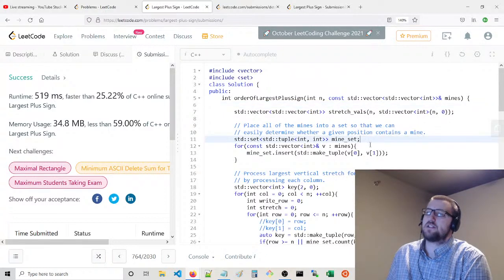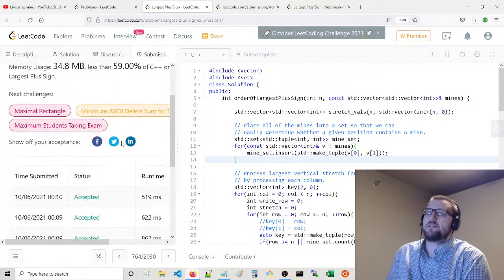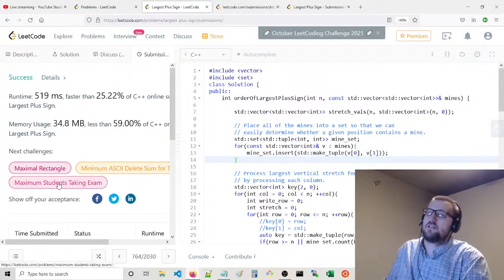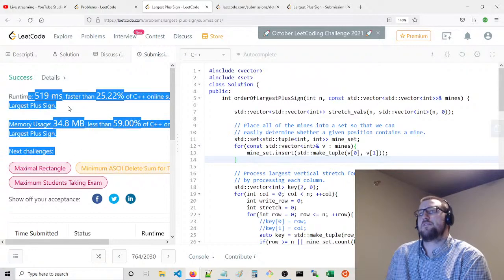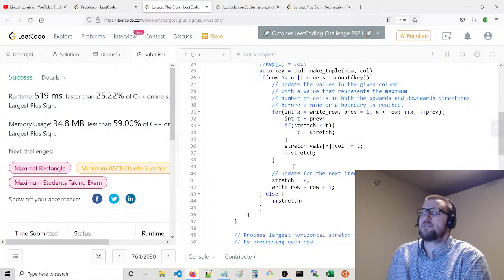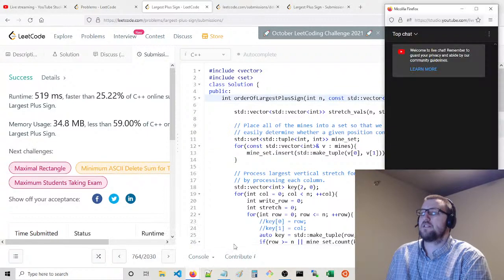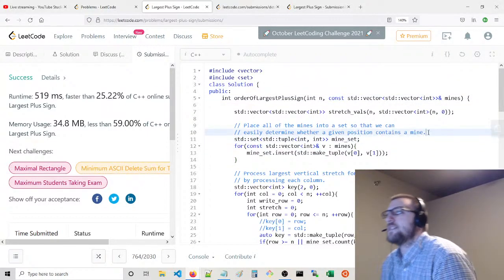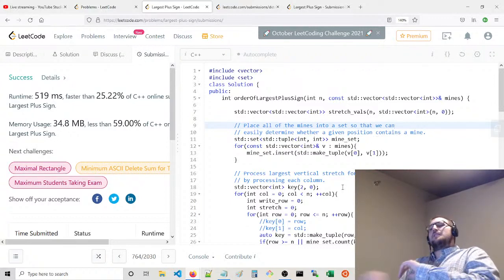Interesting. But it looks like the set is faster than the hash set. I don't know what to say. We got it, but there are a couple of things. I think if you operate on the mines, there's a slightly faster approach where you can